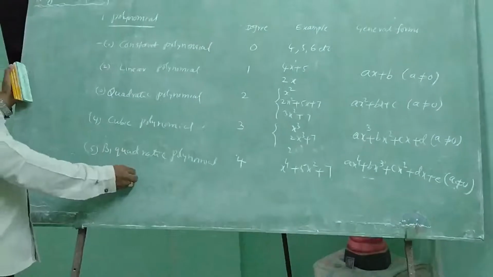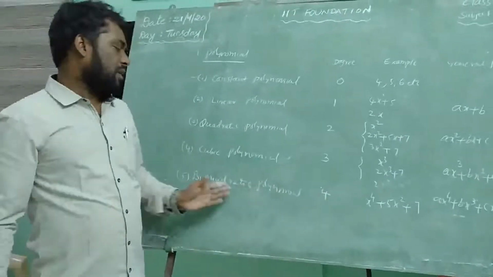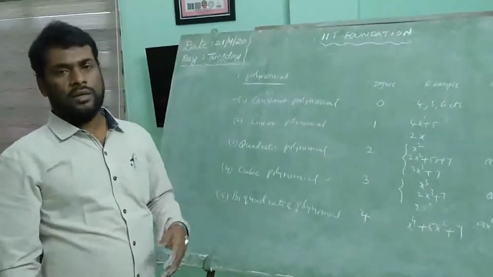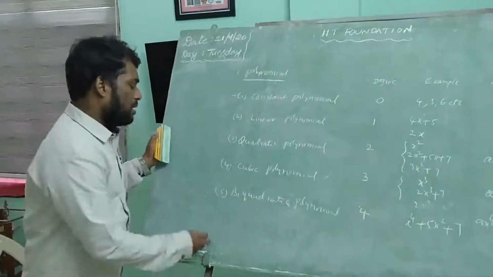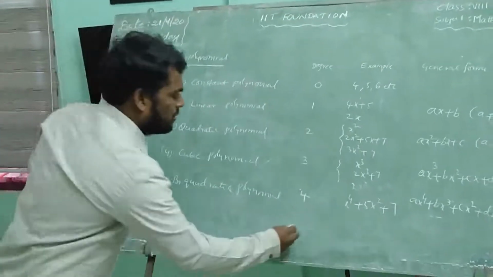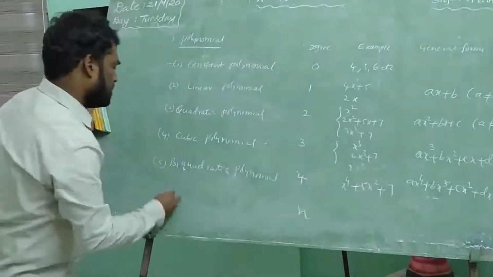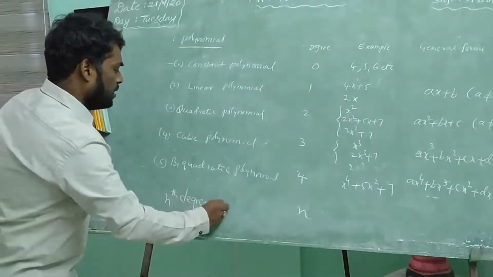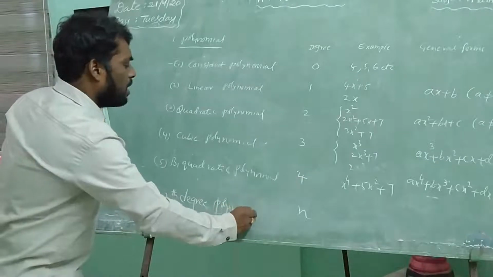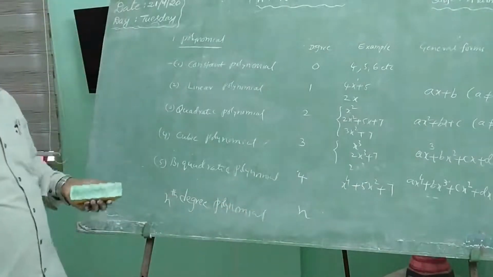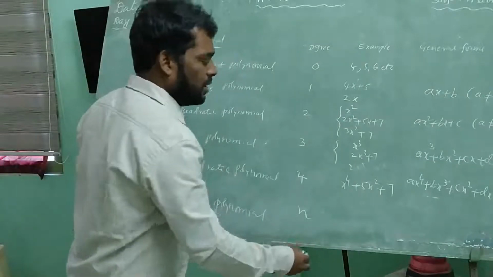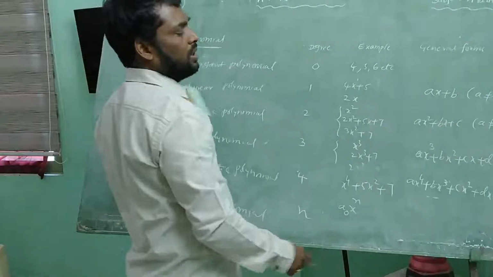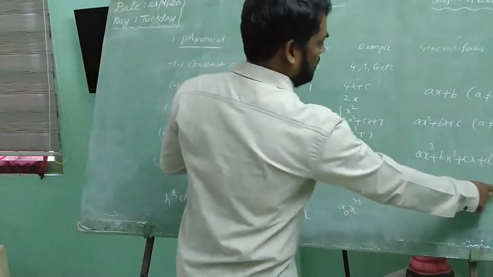Like this you can write the general forms of 5th degree polynomial, 6th degree polynomial, 7th degree polynomial, and so on, 10th degree polynomial. Now I am writing, if the degree of the polynomial is n, such a polynomial is called an nth degree polynomial. Now what is the general form of an nth degree polynomial? The general form is a0 x to the power of n. If you observe here, the exponents are consecutively decreasing.